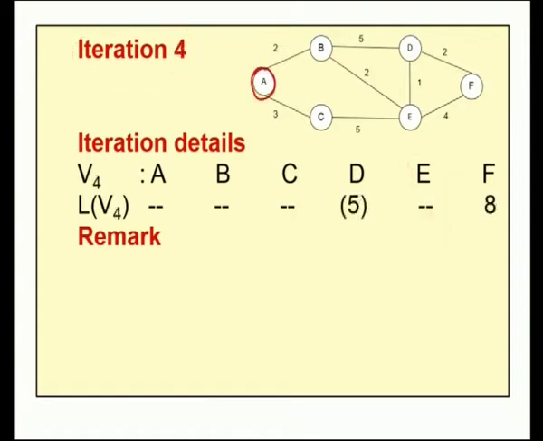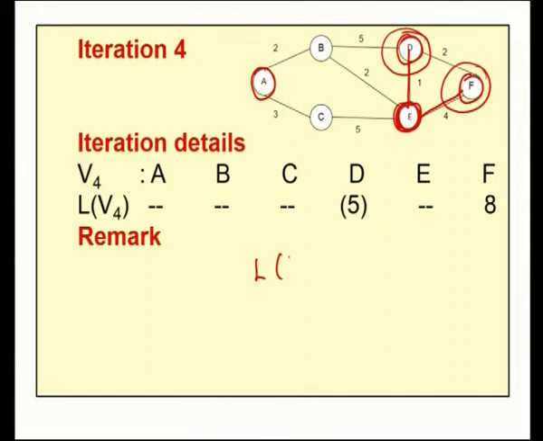In the next iteration, now we have to collect all the nodes which are adjacent to the node E. Now, once we select E star, next in order to assign labeling for the adjacent nodes, we have to collect the node D and F, because E is connected to D by a direct edge and E is connected to F by a direct edge, which has a distance 4. Now, in this iteration 4, we have to compute the labeling value for the node D and node F.